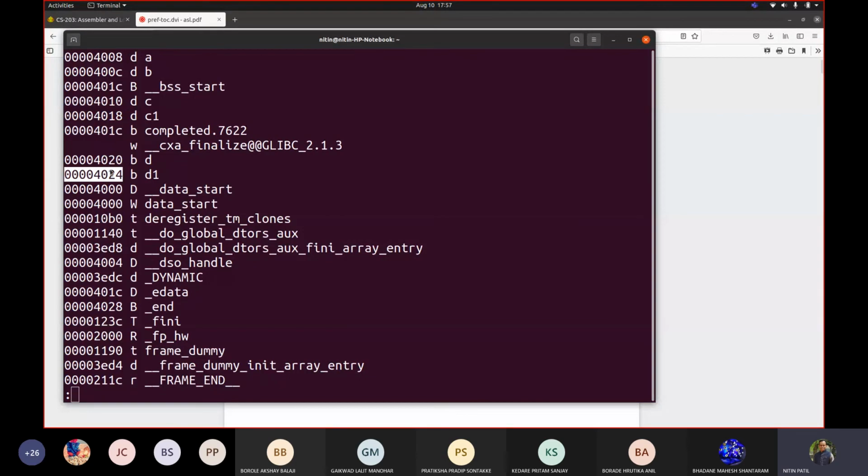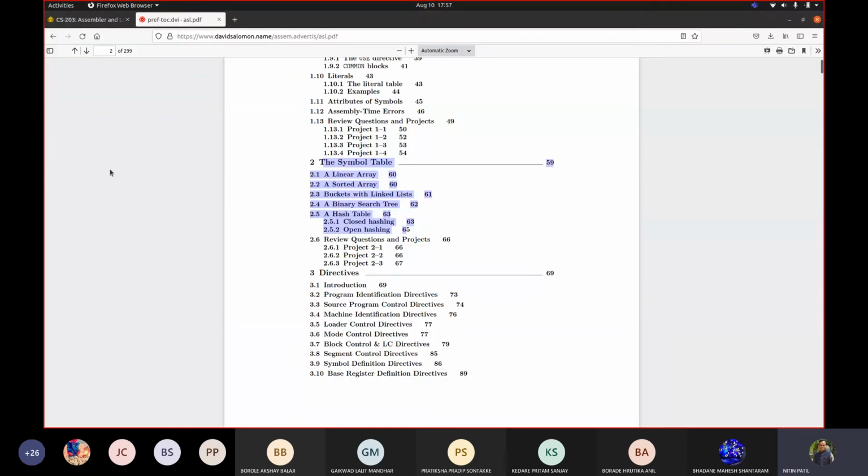Because you have to search into the symbol table, because we started with an error. I declared a variable A and I declared a label A, or the same variable in the BSS section. And it gave me an error saying that a label is redefined. It may be unintentional, but it is redefined. So how will you take care of that? So try to work out with this.